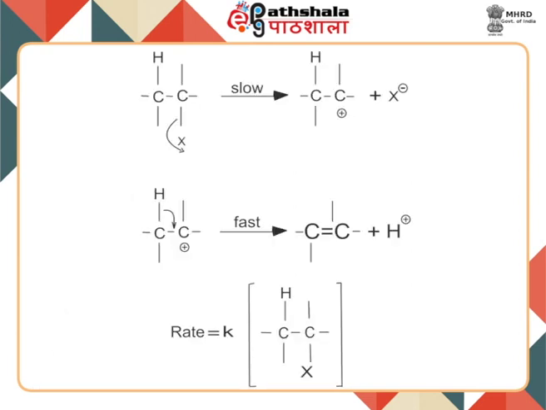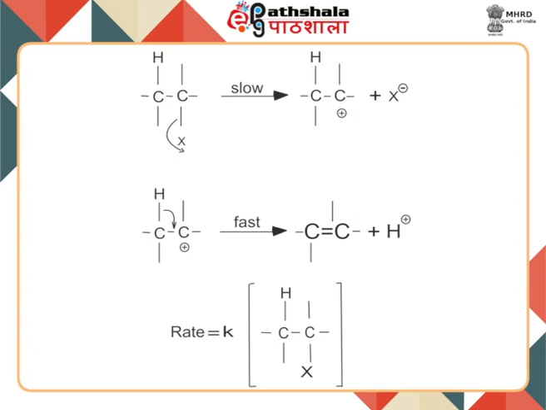For elimination to occur by the E1 mechanism, the reactant first undergoes unimolecular ionization and forms a carbocation intermediate without the involvement of any base. This step is slow and rate determining and is analogous to the rate determining step in the SN1 mechanism. The leaving group leaves in this step and the elimination is then completed by rapid removal of a beta proton.